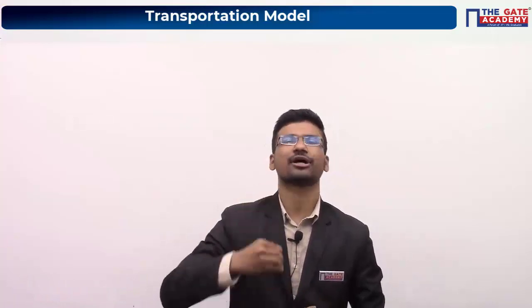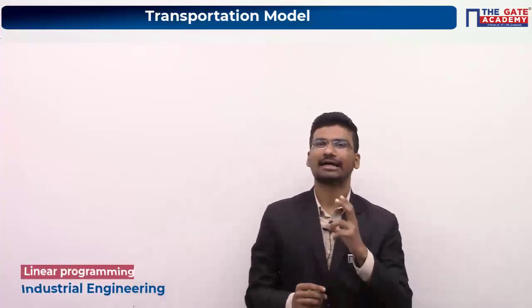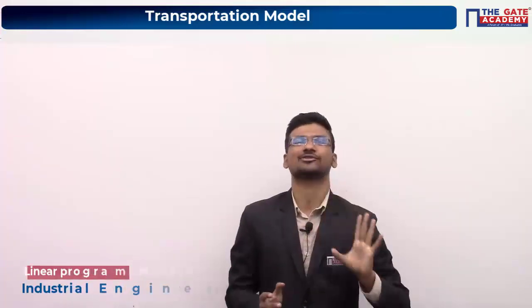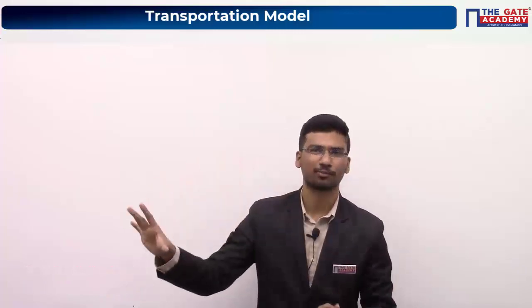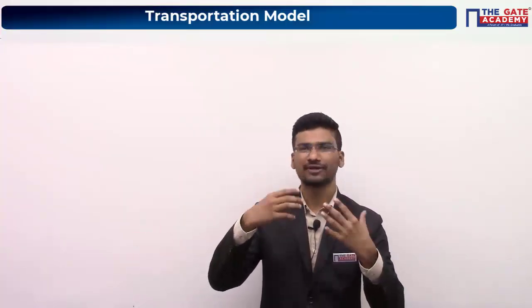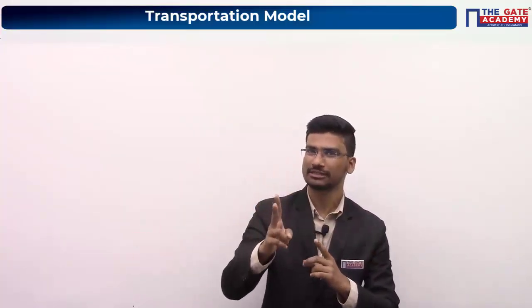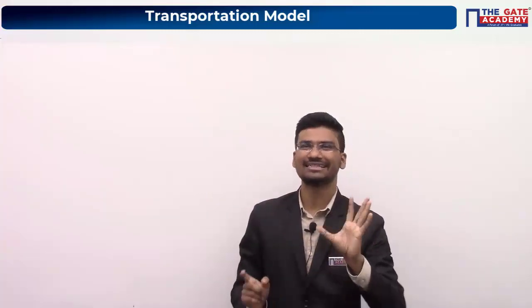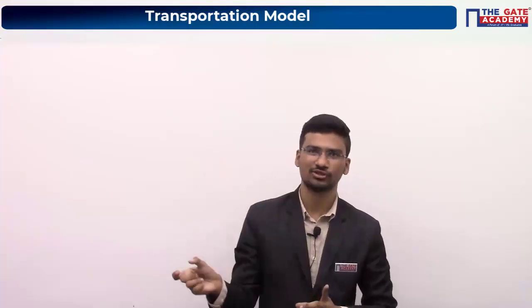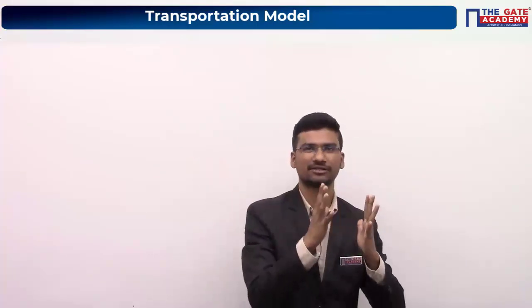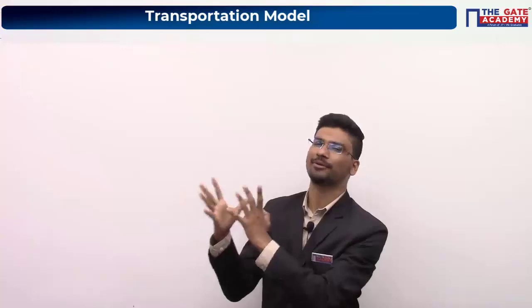Now next we are going to see the second step, where we are going to find the optimal solution. To find the optimal solution, first we need some initial solution. If we don't have an initial solution, we cannot calculate the optimal solution. That's why we calculate the optimal solution in two steps. In the first step, we calculated the initial solution, and in the second step, we are going to calculate the optimal solution.